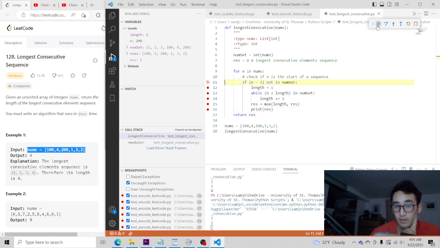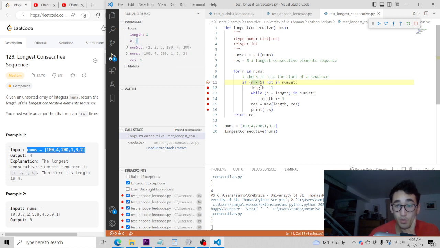Then we can look again if, well, I guess it wouldn't work. It doesn't keep adding. So it's just still 1, because 201 is not in numset. But we've made it past these first 3 variables in nums, and we're at 1 for n.